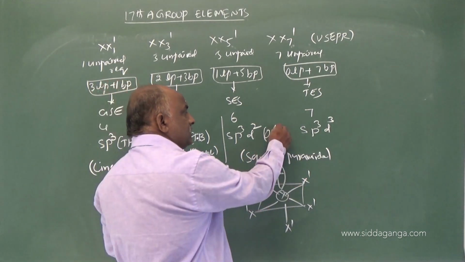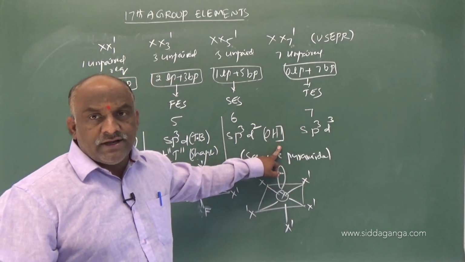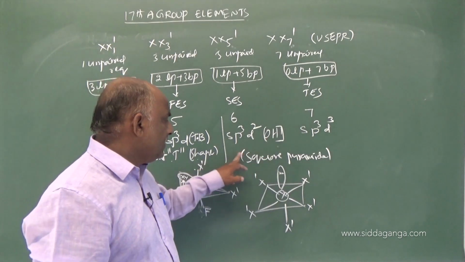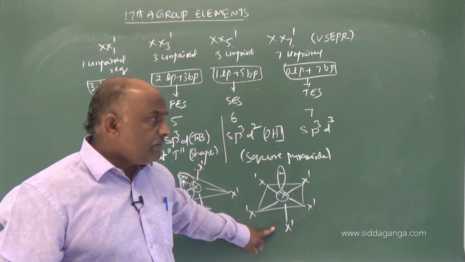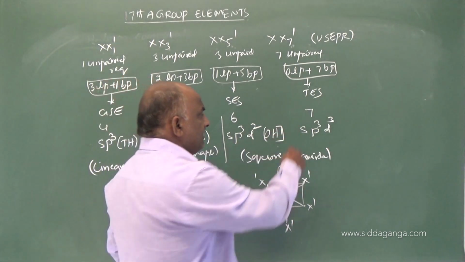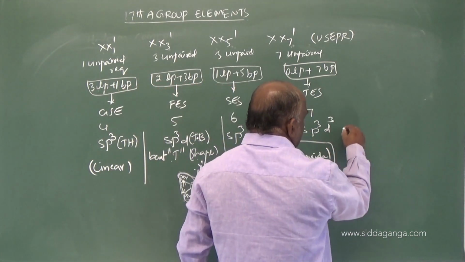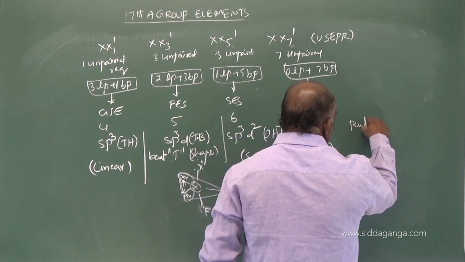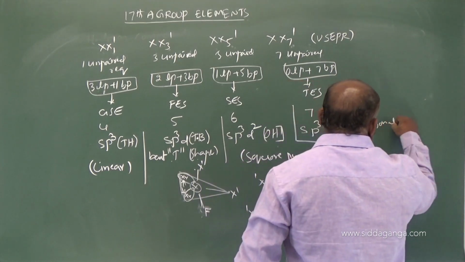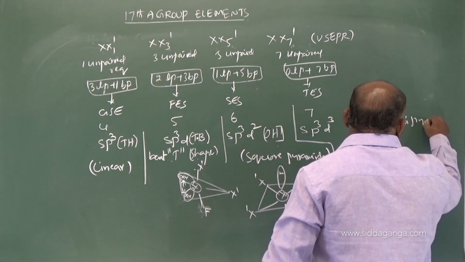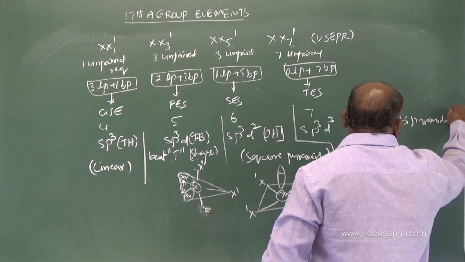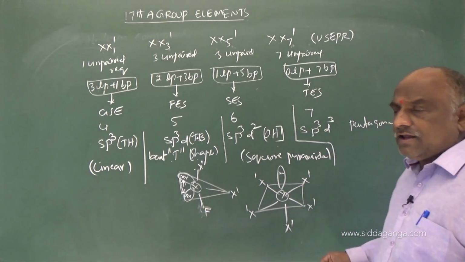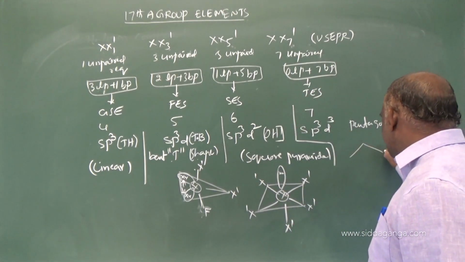Actually we are expecting octahedral geometry, but due to the presence of one lone pair the geometry of the molecule is square pyramidal. While coming to the last category, sp3d3 is the pentagonal bipyramidal. Bipyramidal it is. In this example there are no lone pairs. All are bond pairs. You should draw one like this pentagon.